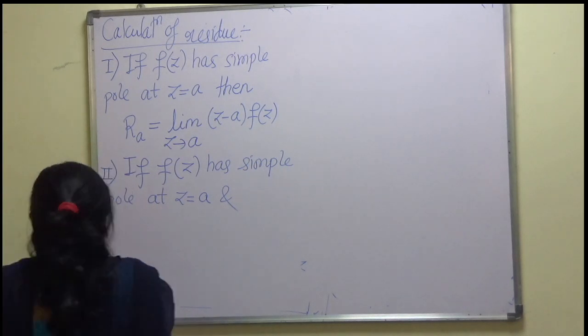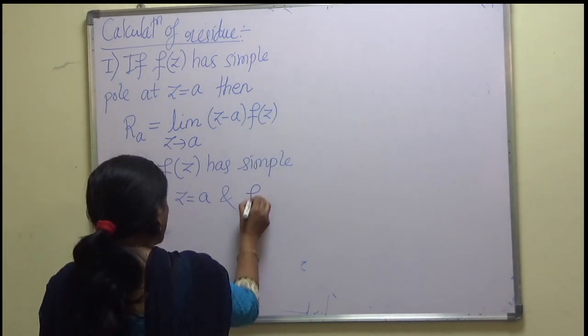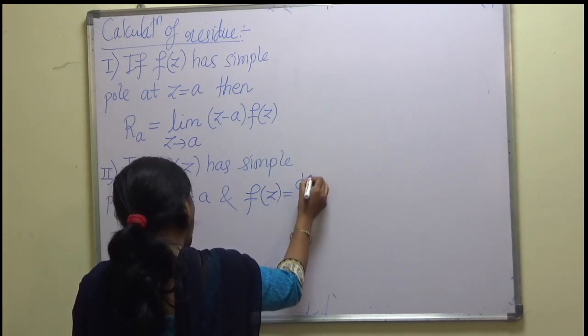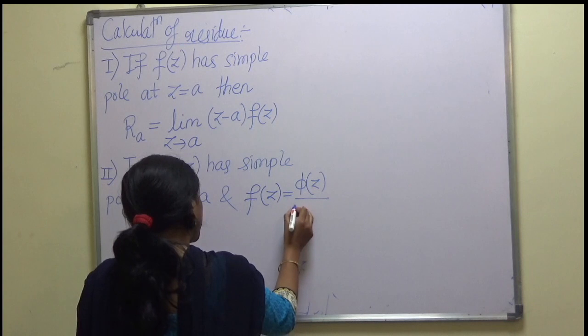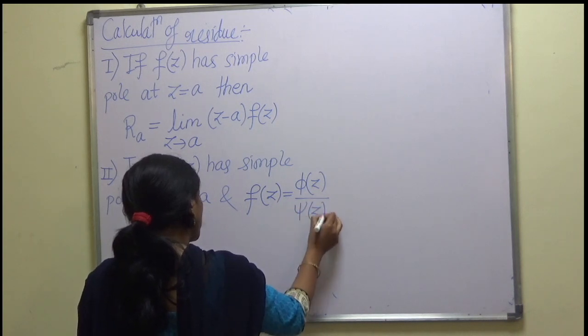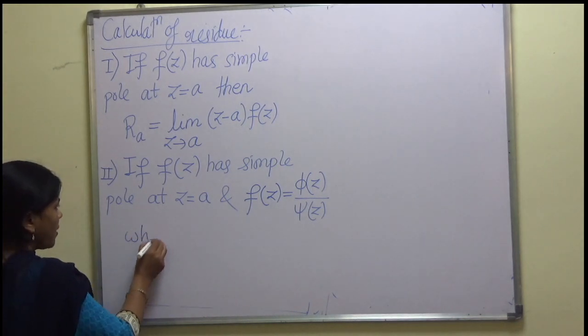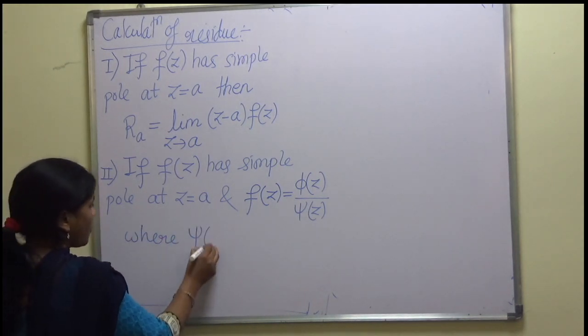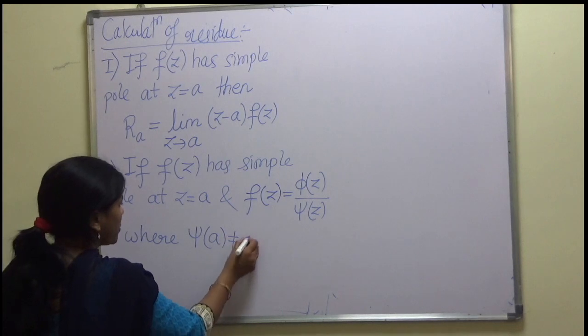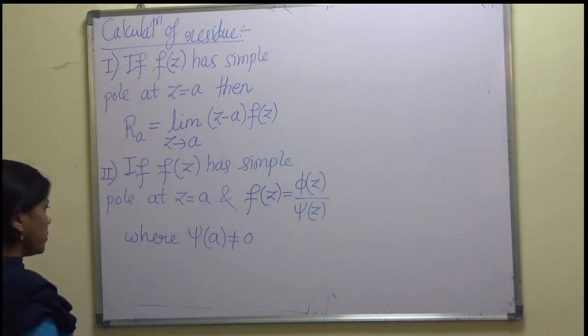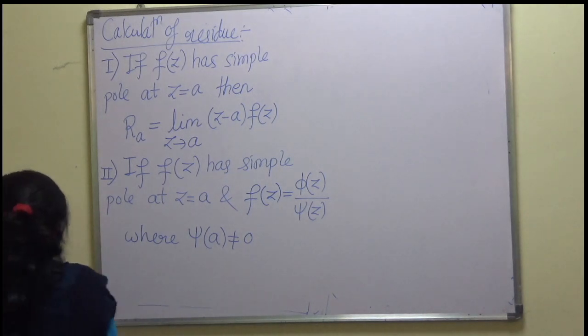That is, the function f of z is of the form phi of z upon psi of z, where the denominator is not identically zero,